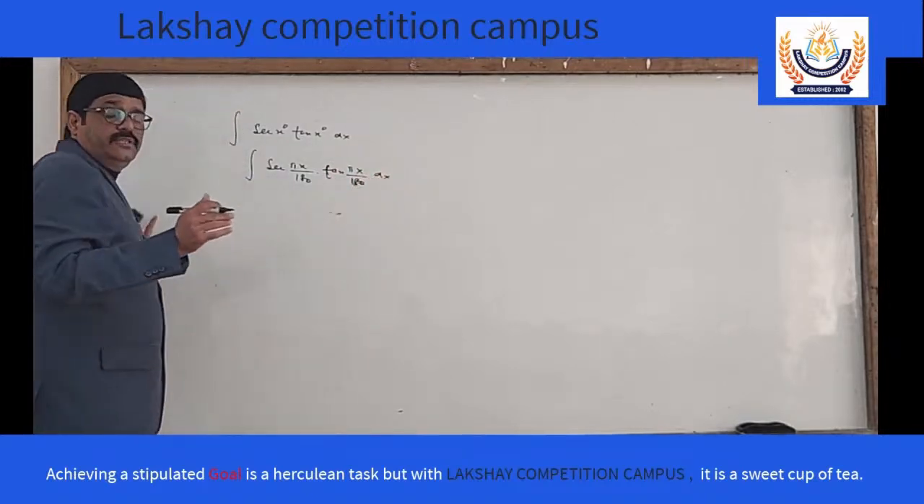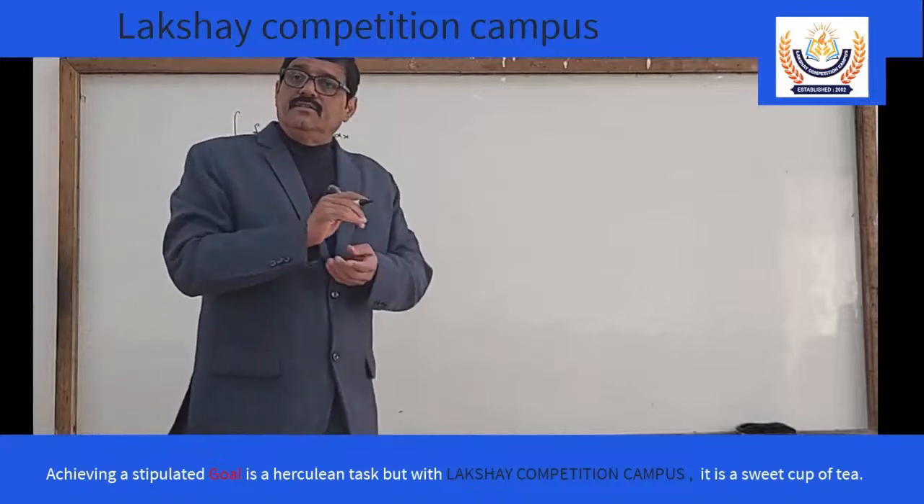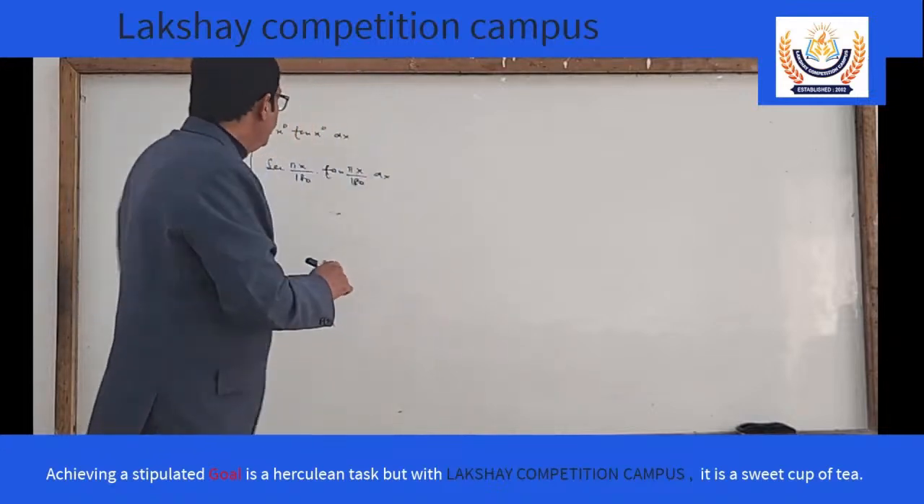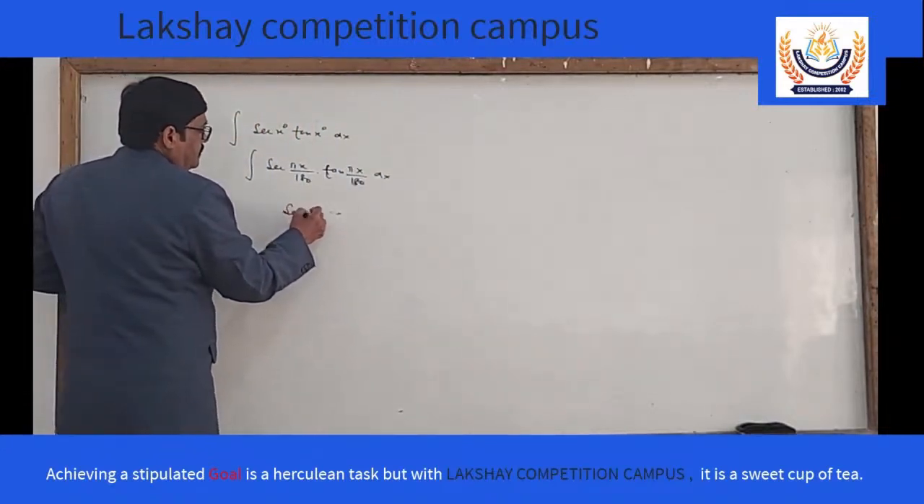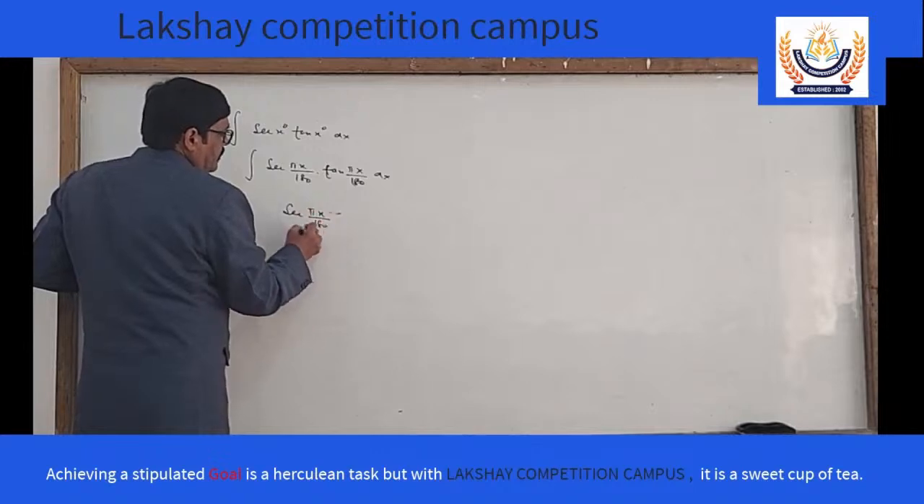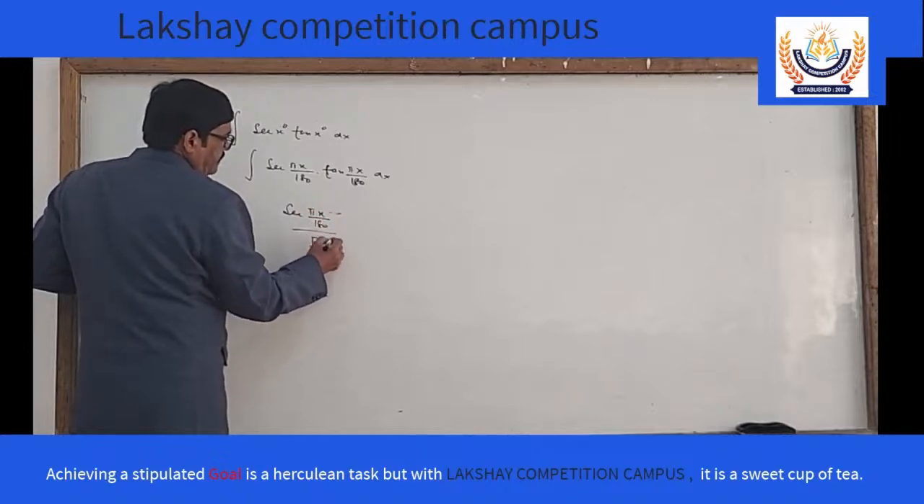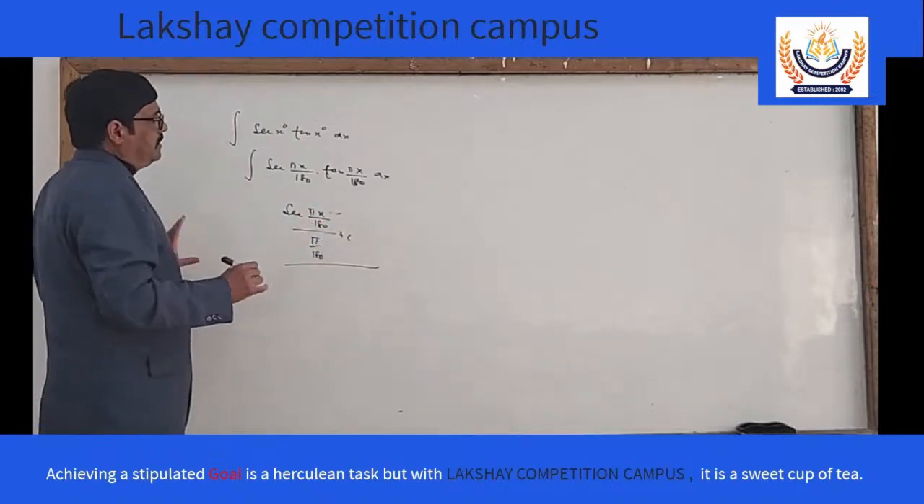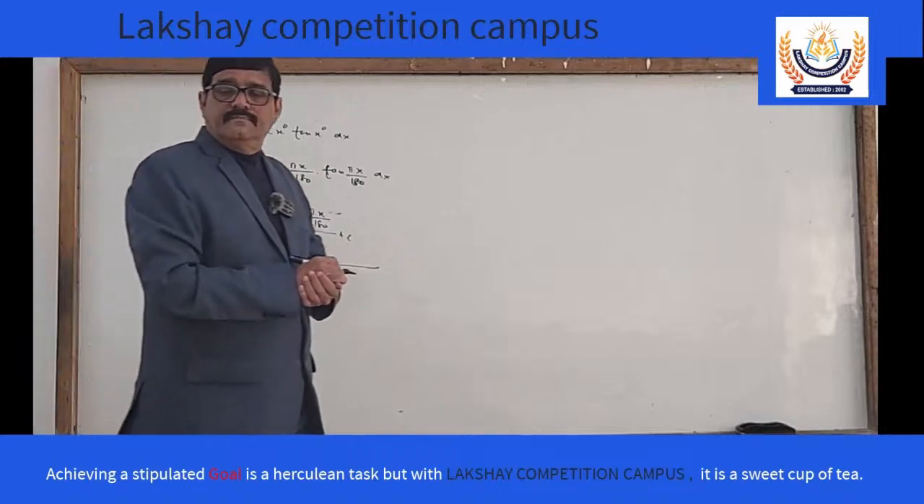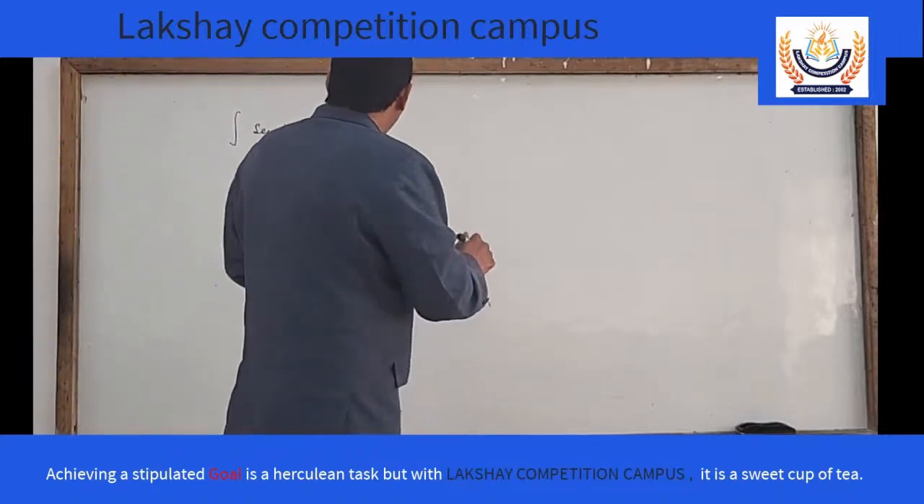Now, as you know, what is the integration of secant x tangent x? Secant x. So the answer is secant x, divided by pi by 180. This is the solution of this problem. Clear? Now, the next sum is